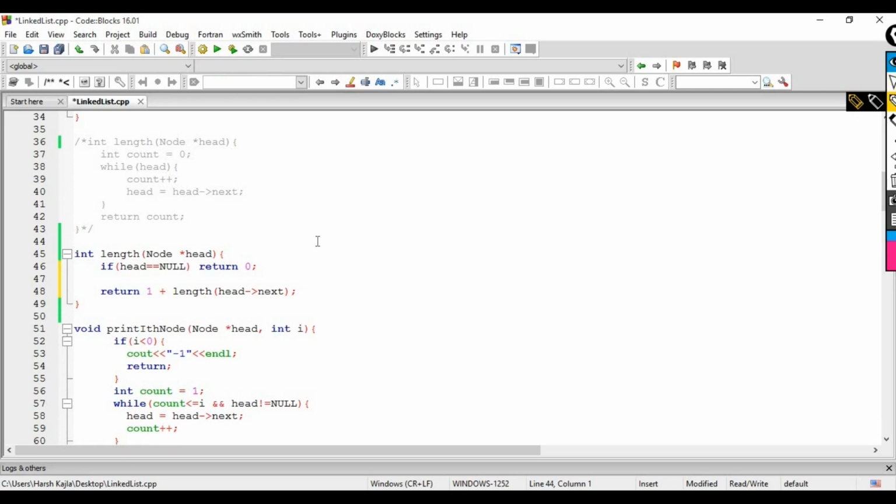Now let us discuss the time complexity. So again, what is the time complexity? So we have to go through each and every node. So time complexity will be big O of n, right? So in this function also, in iterative and in recursion, the time complexity is the same. The difference will be in space complexity.